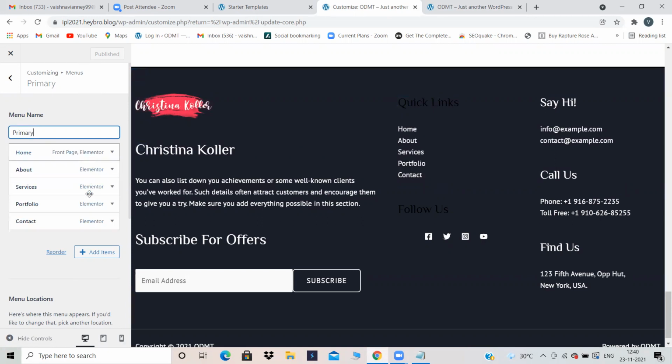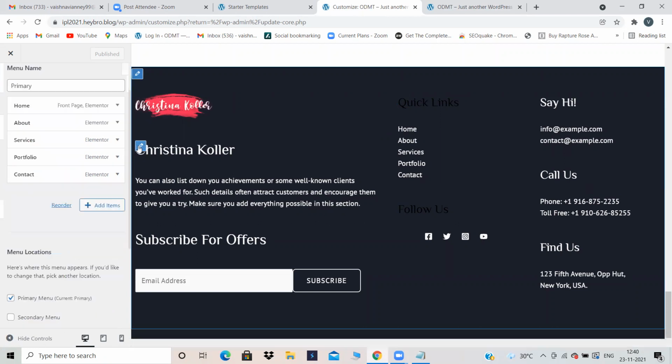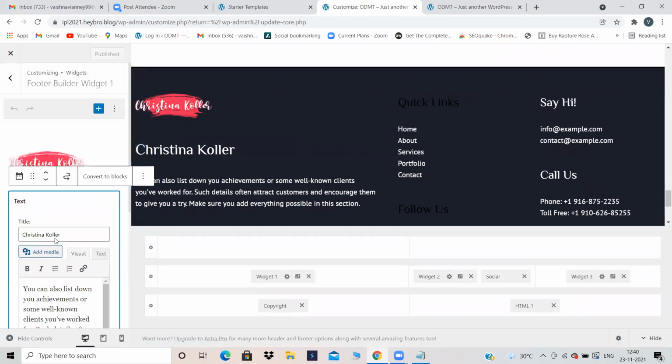See, if I want to edit this quickly, then I can just remove all these things and I can add items also. But here for us, we have only 5 pages appearing. If you have created a 6th page, such as you have cloned any page and added it to the menu, then add that particular page over here. That page also will appear over here. And if you want to edit this Christina Kohler and something like that, then remove this title and give your own title, whatever it is, you can give it.